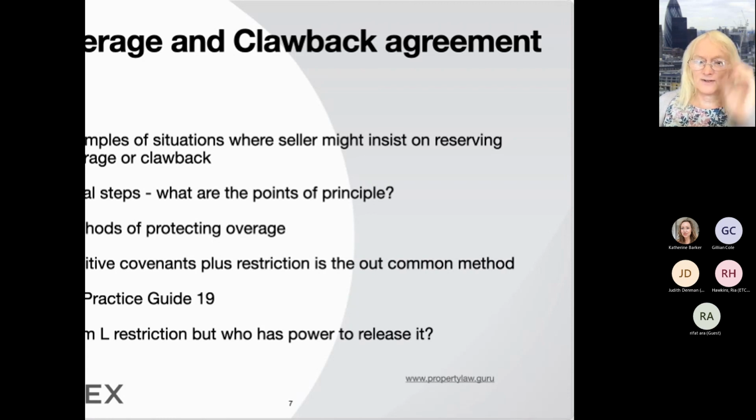Who is going to give the consent? Now, if I'm the seller, I'm going to say, you can't sell the land unless I give consent. The trouble with the builder is he's going to exchange contracts to sell the land, binding him to complete in 3 weeks' time. But he may be worried that for some reason I might be awkward, or I might be dead, or I might be in the middle of probate.